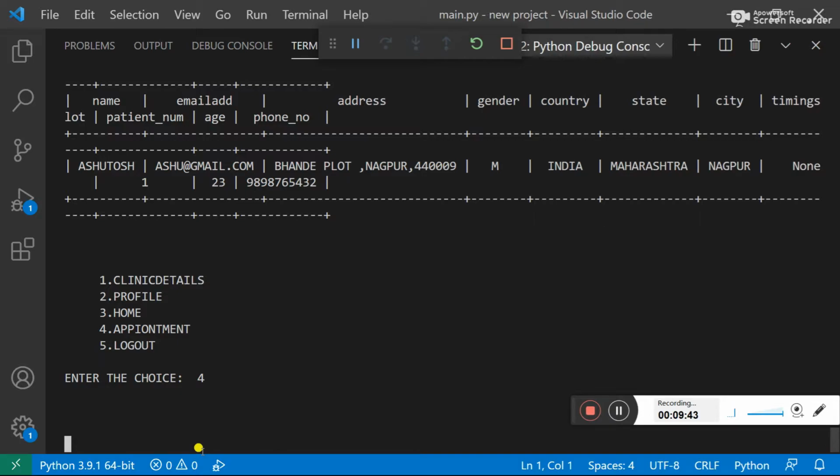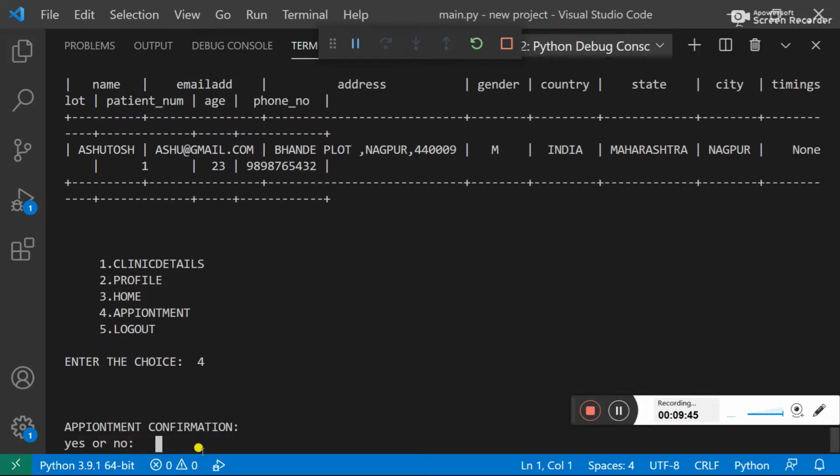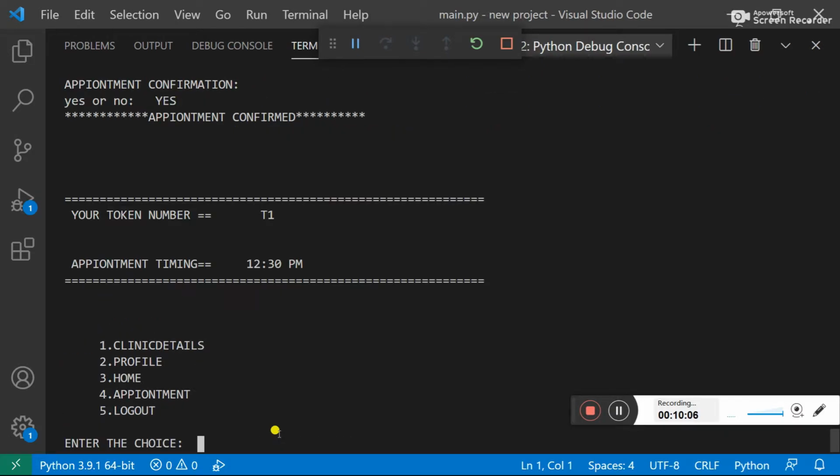Appointment takes some time. The patient wants to take an appointment, and the doctor gives confirmation. After the doctor gives the confirmation yes or no, if the doctor gives yes, then the appointment is confirmed and a token is generated, you can see here.